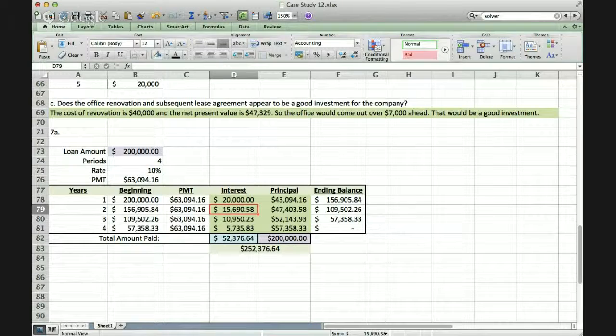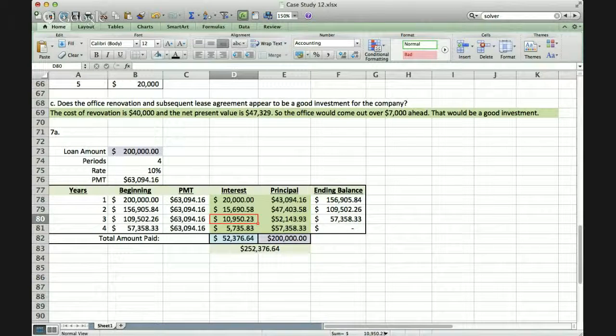Now the interest, as you can see here, is calculated by the beginning balance multiplied by the interest rate. So that's what the bank keeps. That's why, as you are paying on a loan, your interest starts off really high and gets really low, and your principal starts off low and becomes higher. And that's the reason why: the ending balance is becoming smaller and it's being multiplied by the interest rate. So by year 1, the interest we'd be paying is $20,000 and the principal would be